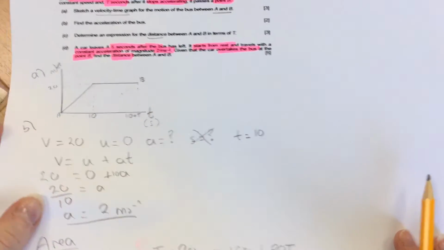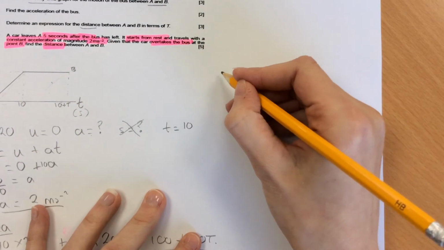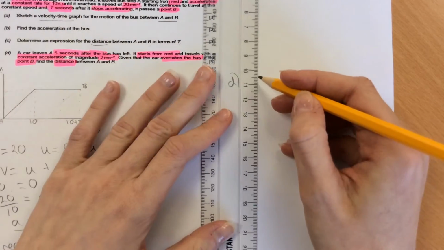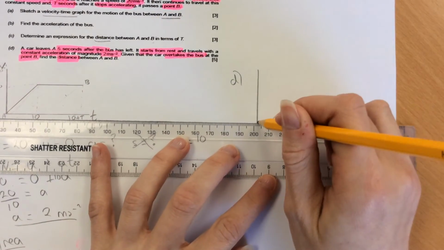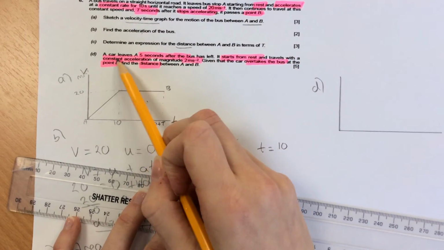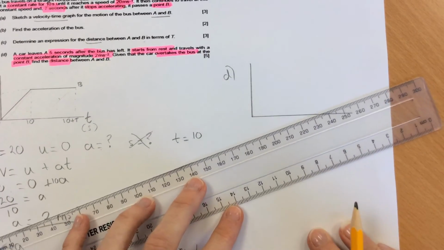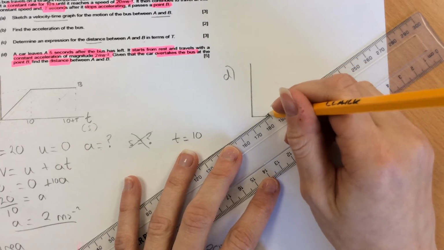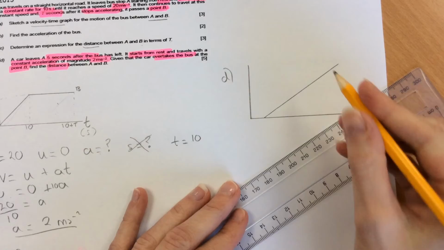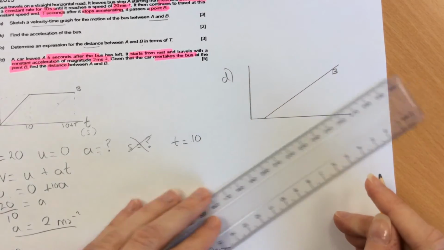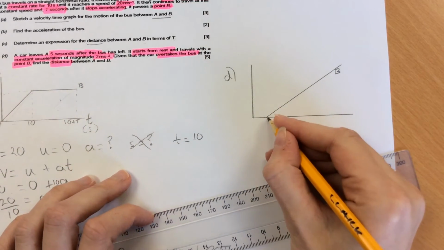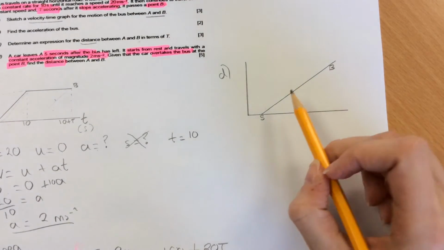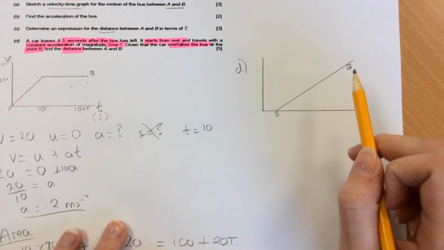So if we were to draw the graph of this part D, if you had a velocity time graph, this one has just got a constant acceleration. So for the car, imagine it starting 5 seconds after. So we're going to start off at 5 and just have a constant acceleration until it reaches B. Because it's starting 5 seconds after the bus, there's a different shape on the graph there. Now then,